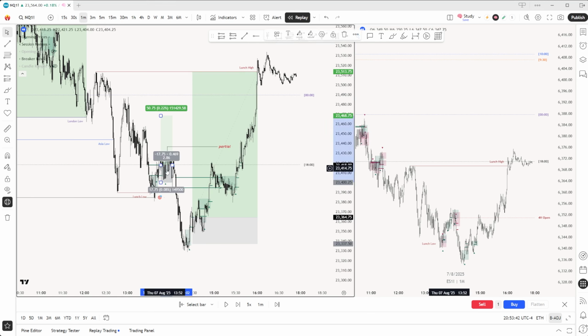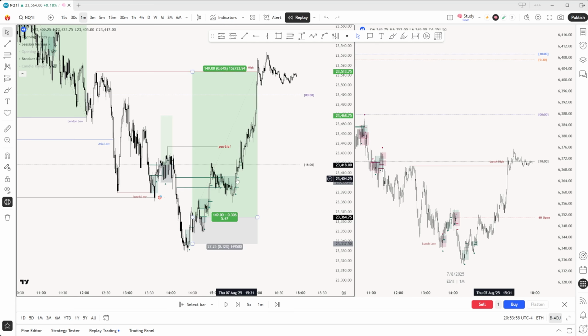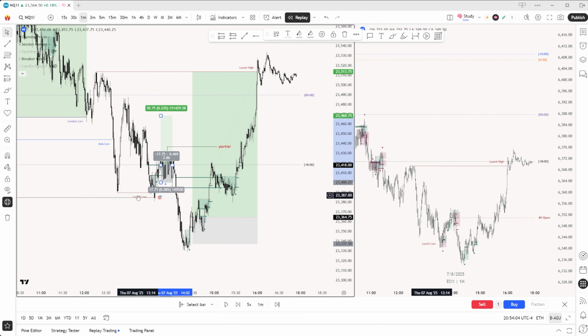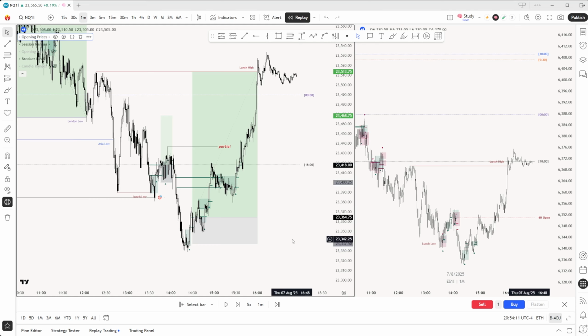So for me, this is definitely a good long. If you want to be a little more picky and wait for a big move lower, sure. But for me, that's just going to miss me a lot of trades, right? I try and not bring my intuition into it and what I want to see, right? What would be the perfect setup? I don't care. Is this a valid setup? I have a framework, I have additional confluence, and I have a good entry on said framework that is confirmed by my daily structure with these two levels. So this is an A+ setup for me, 100%.